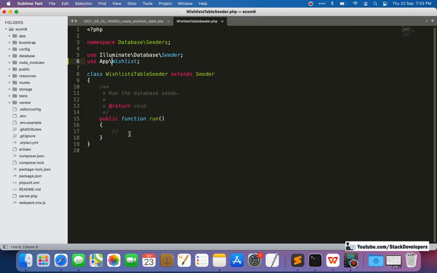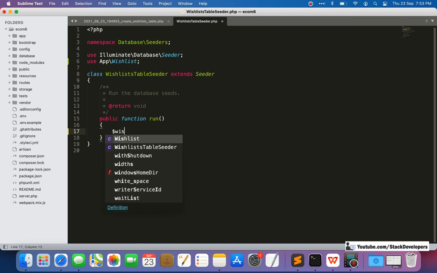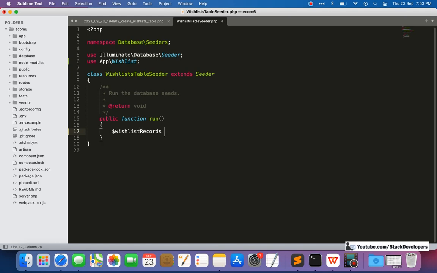Okay, so now here we are going to add the records that we want to be added in the wishlist table. Wishlist records. Here we are going to add records like ID, which is an incremented ID.